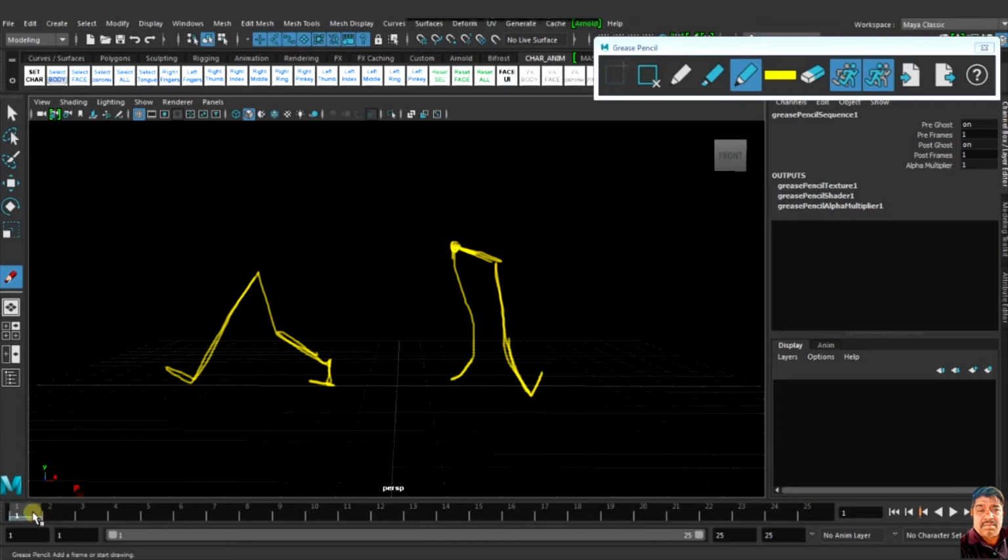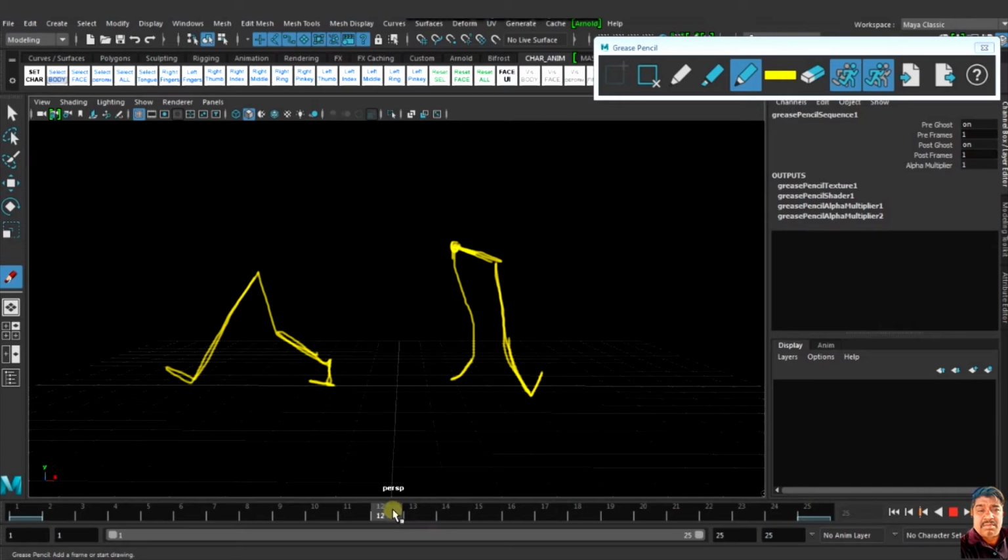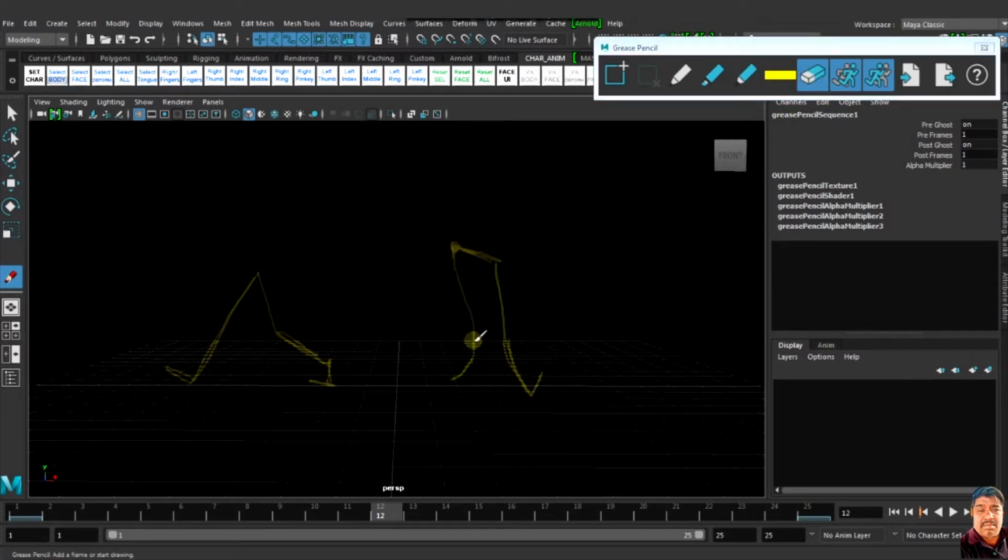For the next frame, I just select this, copy this one, and it goes to 25. Same, paste it here. So the next, 12 also, is the same. Only the front position changes, as if it's opposite. If I delete the thing, it is like this, now this is my area.